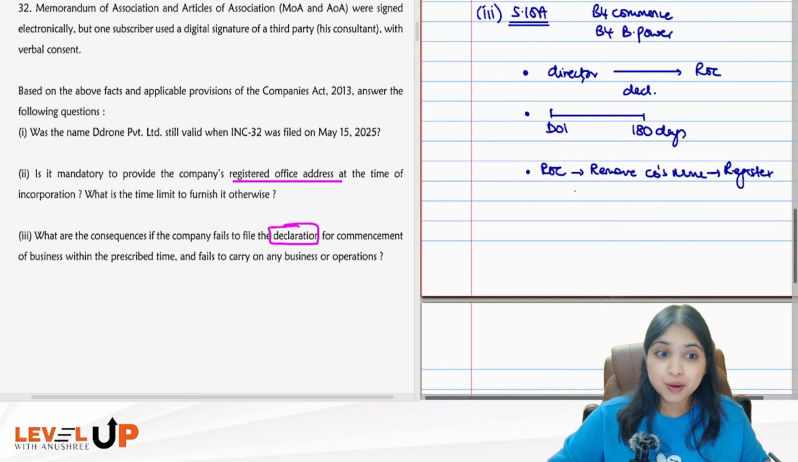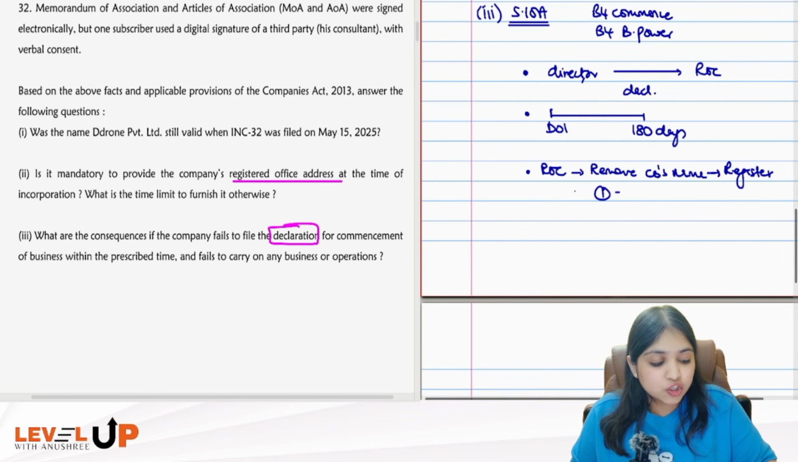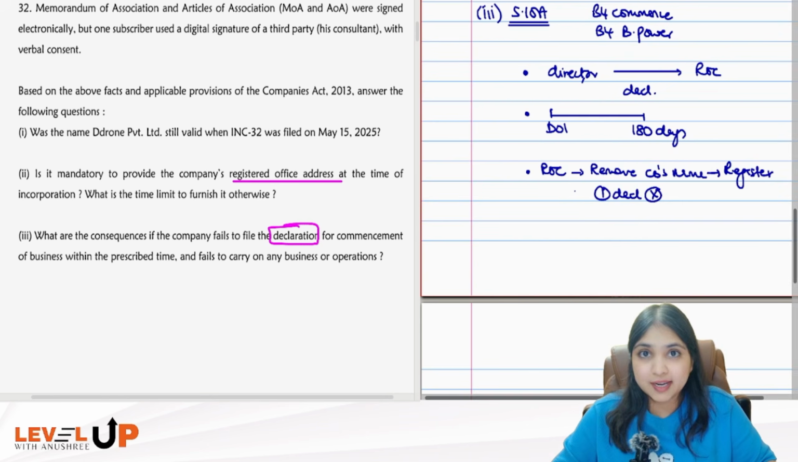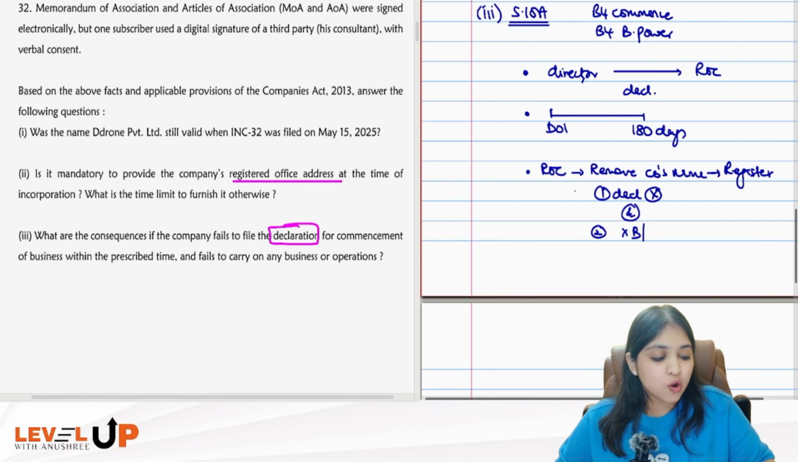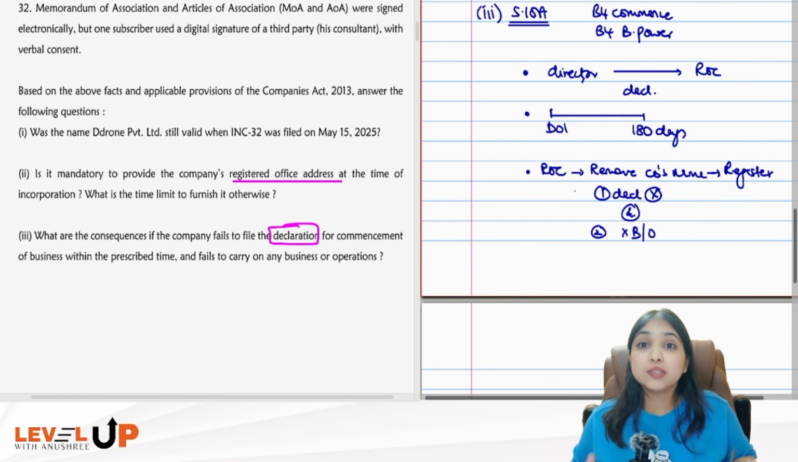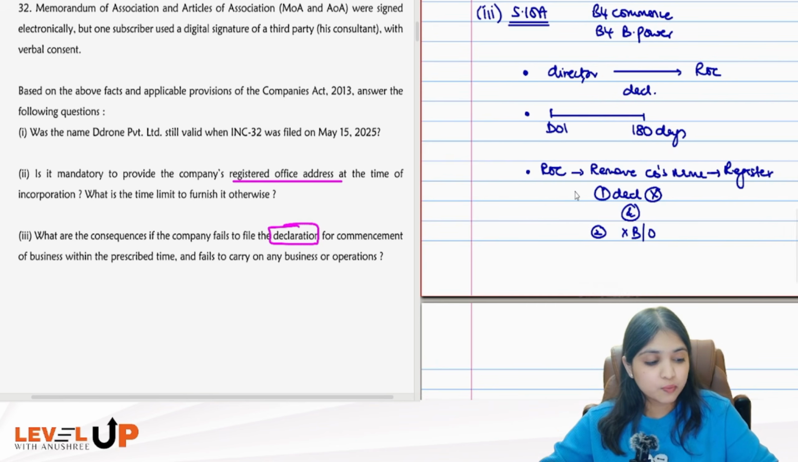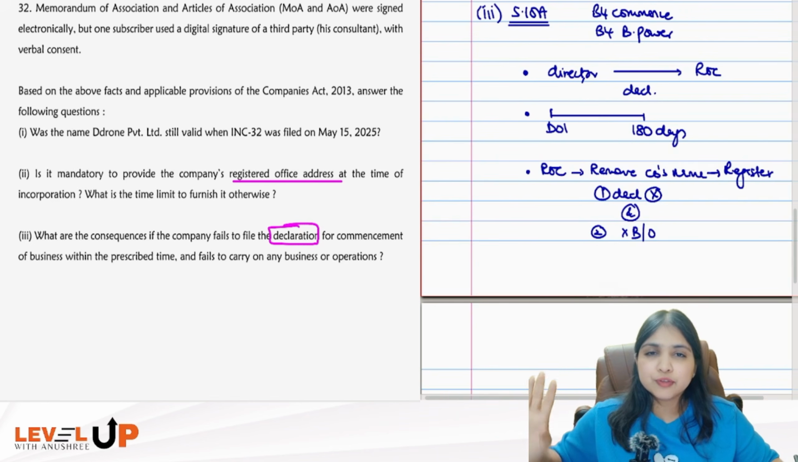But ROC has the power to remove the company's name from the register of companies if this declaration is not filed within 180 days and the ROC is satisfied that this company is not carrying on any business, not carrying on any operations. If both these conditions are fulfilled, then ROC has the power to remove the company's name from the register of companies. So when can ROC remove the name? What are the conditions? Condition number 1, if this declaration is not filed within 180 days and also ROC is satisfied that company has not commenced business and operations,